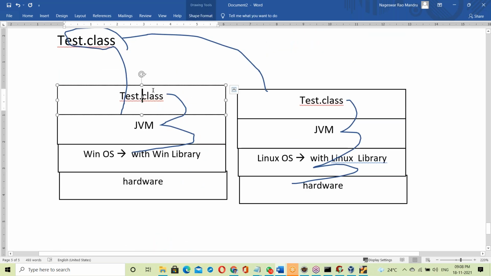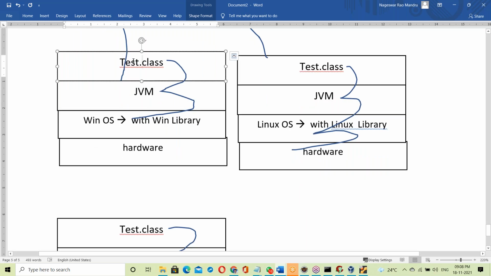The .class file is free from OS library. The .class file doesn't have any OS library. A .class file is a plain Java program. Okay. So here, when the .class file is moving to Windows OS,